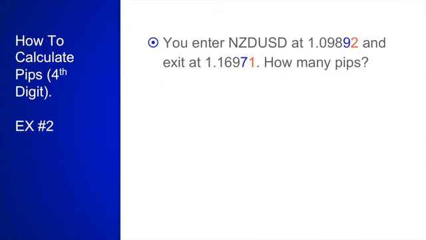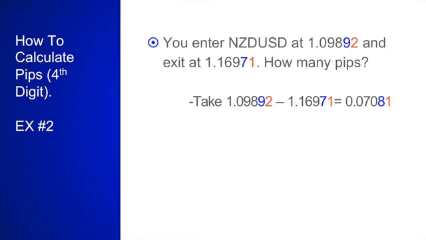So now here's our second example. You enter New Zealand dollar at 1.09892 and exit at 1.16971. How many pips? Right now, you should have your calculator out. You can pause the video. You should be subtracting these numbers to find out what that decimal answer is. After taking it, you see that it is 1.16971 minus 1.09892, which is going to equal